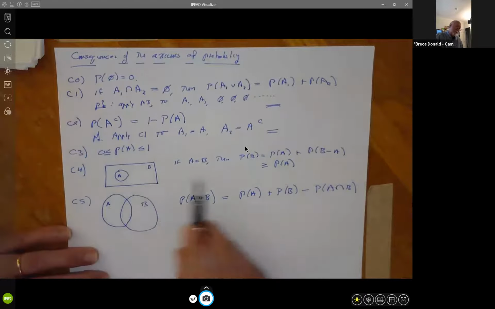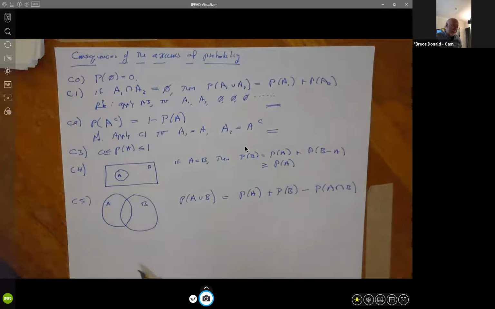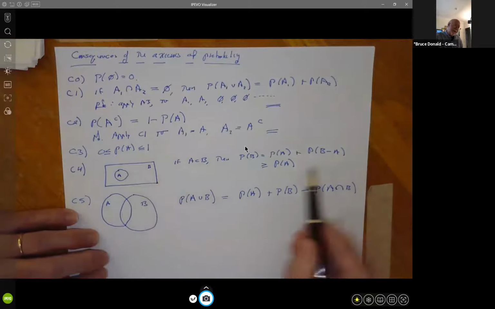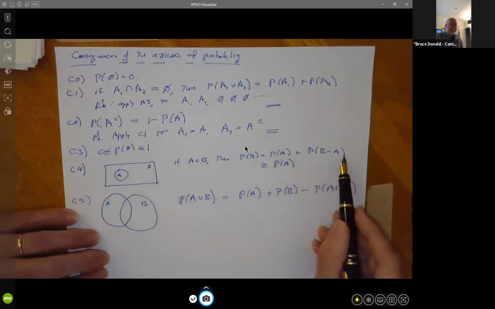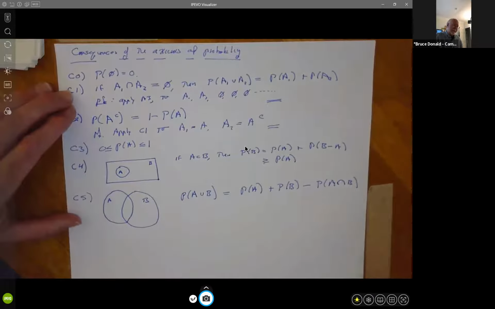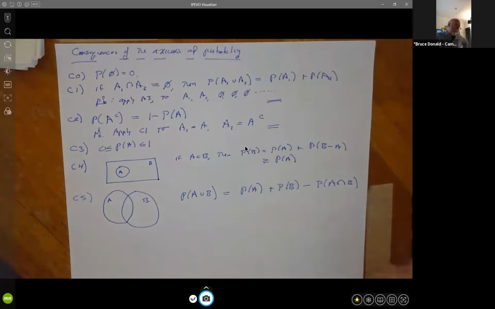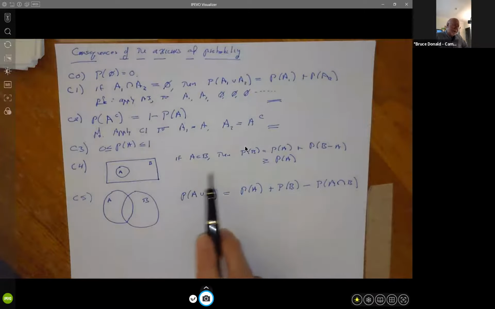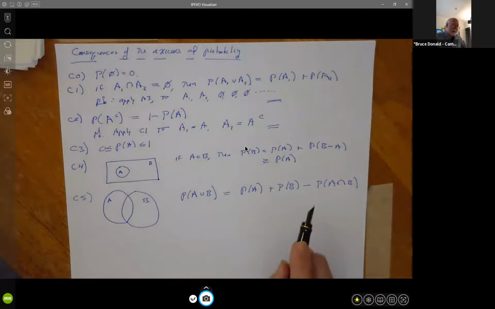Similar intuition can be used for C4. Again, if you think of probabilities as areas, the area of B can be written as the area of A plus the area of B minus A. We can map those all to probabilities and have it at least make intuitive sense. But to actually prove it, you have to work through the axioms and see if it works. So this gives us some very nice techniques for computing probabilities in the case where we have sets that are disjoint, we have complements, we have sets that are subsets, we have sets that may or may not overlap. So this gives us some calculational tools, all based on the axioms of probability.